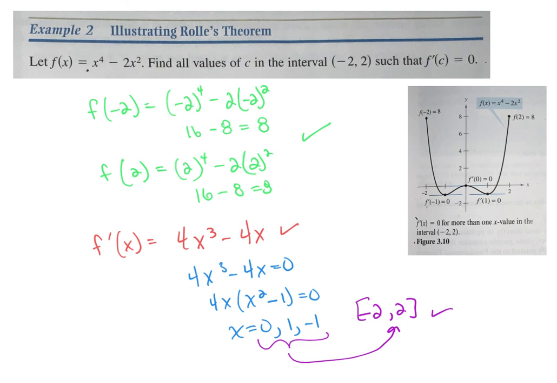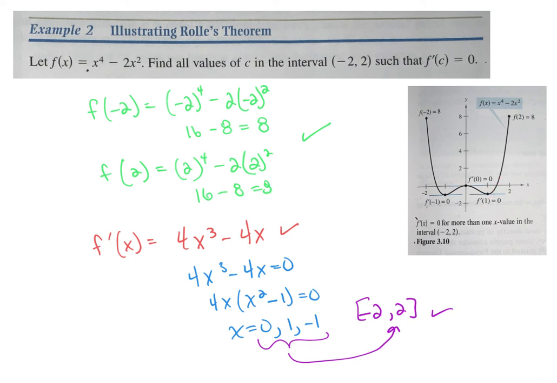And you can see what the graph actually looks like. They went from negative 2, which gave us an 8, to positive 2, which gave us an 8, and we actually have 3 zero slopes in that short interval. Now, had they given us some other interval that gave us the same value, like right here, maybe negative 1.5 to positive 1.5 might be the same thing,